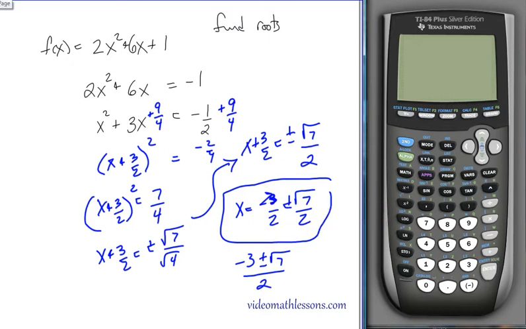Now, what if they don't want you to solve for the roots? What if they just want you to rewrite the equation? They'll say, rewrite the equation using completing the square, or rewrite the parabola in vertex form. Well, that's this part. So let's go back to our original